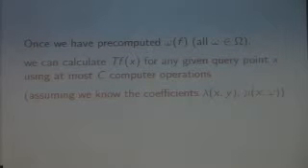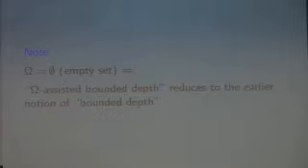Okay? All right, so those are the ideas of assisted bounded depth. And there's an interesting special case, namely suppose there are no assists. Okay, if there are no assists, then the notion of omega-assisted bounded depth reduces to the earlier notion of bounded depth. In other words, we have short formulas without having to pre-compute anything. And so I've mentioned bounded depth in the previous talks. Okay, so now with those simple definitions, I can restate the previous theorems, but in a more precise form, making use of assisted bounded depth.